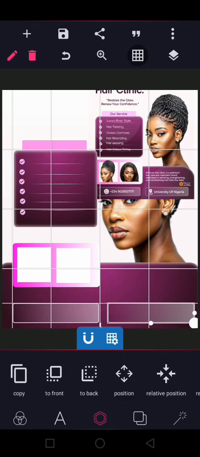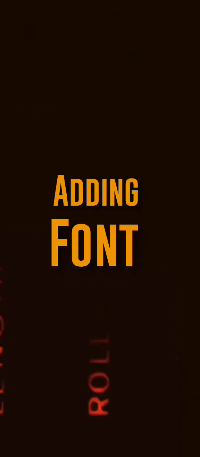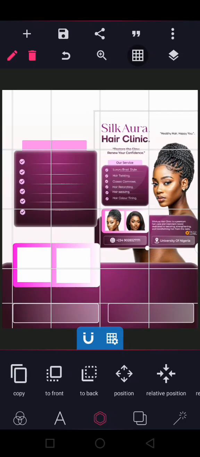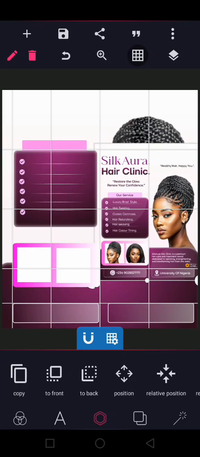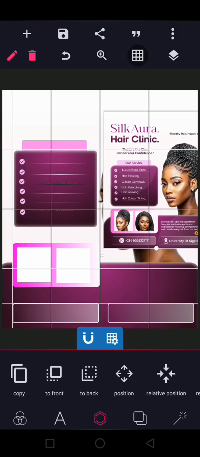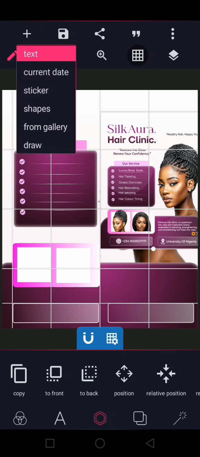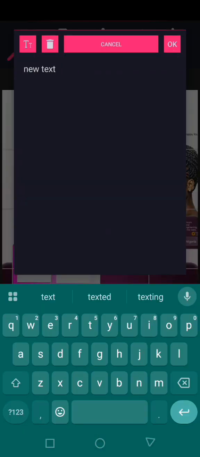So this is it. Yeah, so you see they're in the same line. Then we have been able to create this. So what we now need to do is to start adding in our text, all our text. So first thing I'll add in is the scale,